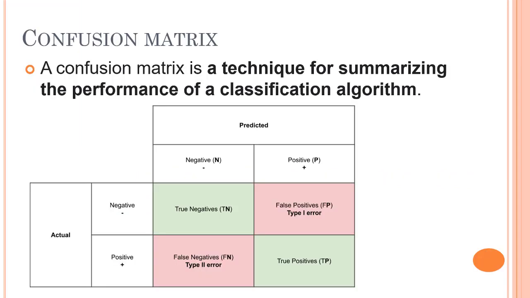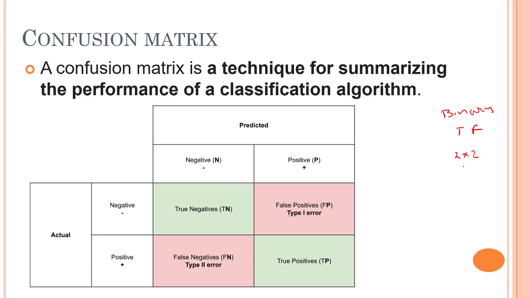A confusion matrix is a technique for summarizing the performance of a classification algorithm. So a confusion matrix is an n by n matrix used for evaluating the performance of our classification model, where n is the number of target classes. Again, what are classes? Let's say we are doing binary classification. Binary classification will have two classes, either true or false, maybe male or female. So we have two classes, and that will be a 2 by 2